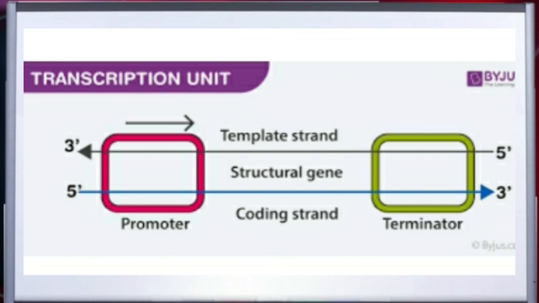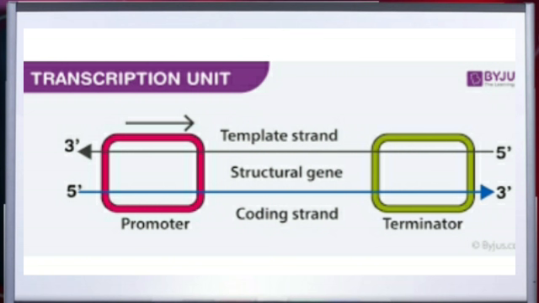The other strand, which has the polarity 5' to 3' and the sequence same as RNA except for thymine in the place of uracil, which is the nitrogenous base, is displaced during the transcription. This one is known as the coding strand. All the reference points while defining a transcription unit are made with the coding strand.